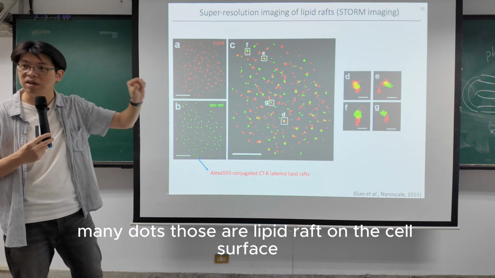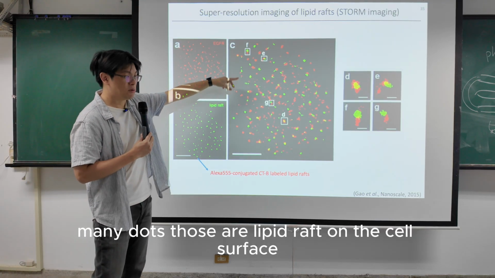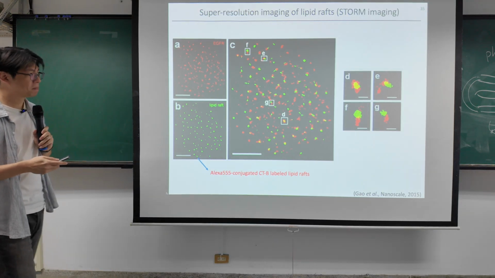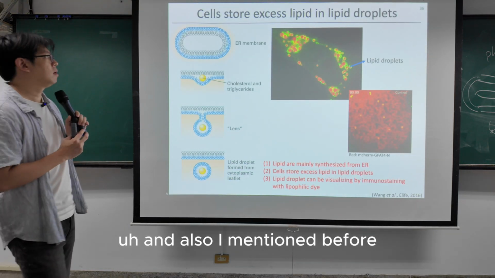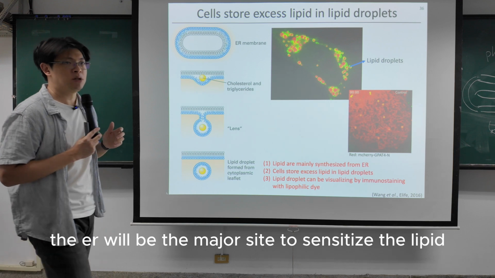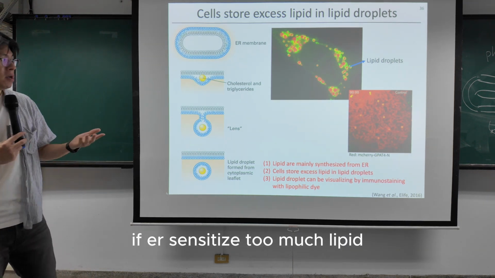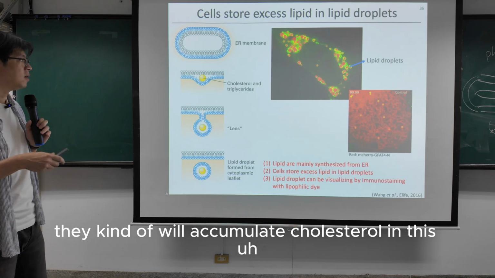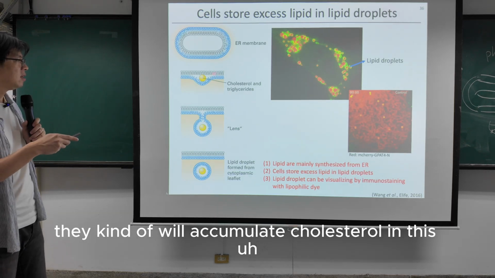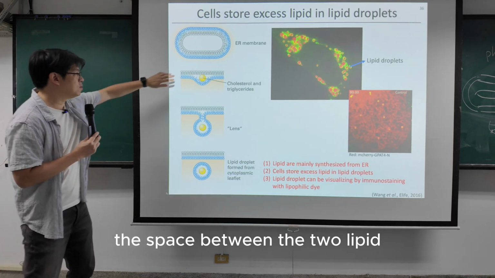You can see many dots. Those are lipid rafts on the cell surface. And also, as I mentioned before, the ER is the major site to synthesize lipids. If the ER synthesizes too much lipid, cholesterol will accumulate in the space between the two lipid